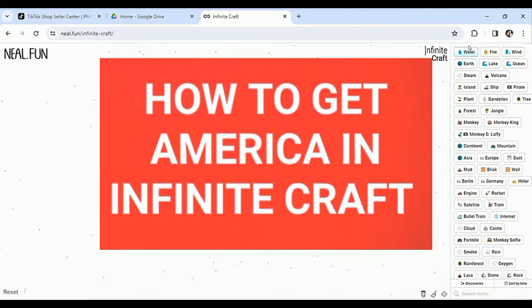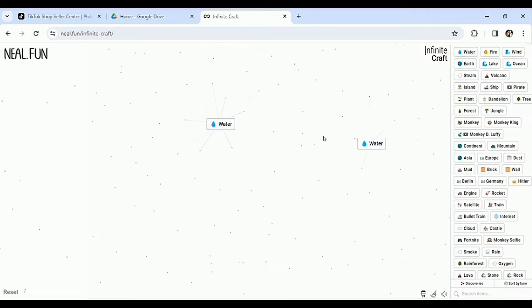So today I'm going to be teaching you guys how to create the United States of America here on Infinity Craft. Now let's just go ahead without further ado. Choose water, and water here makes the lake. Choose lake again to create an ocean. Earth to create the island here. Earth again to create the continent,